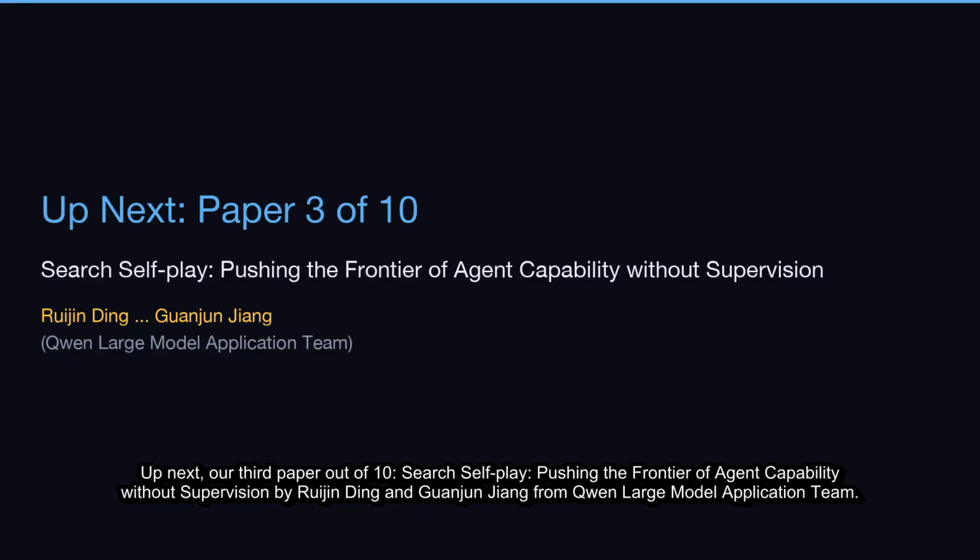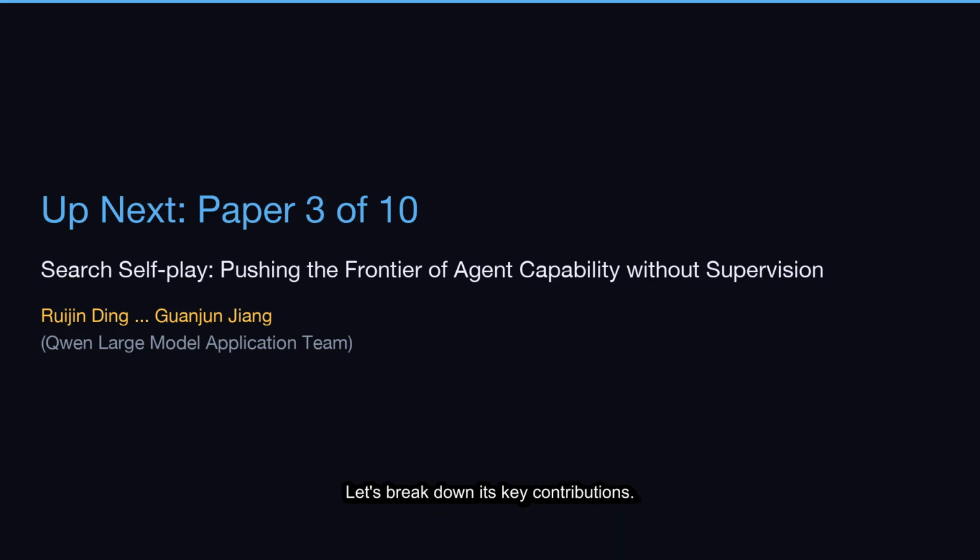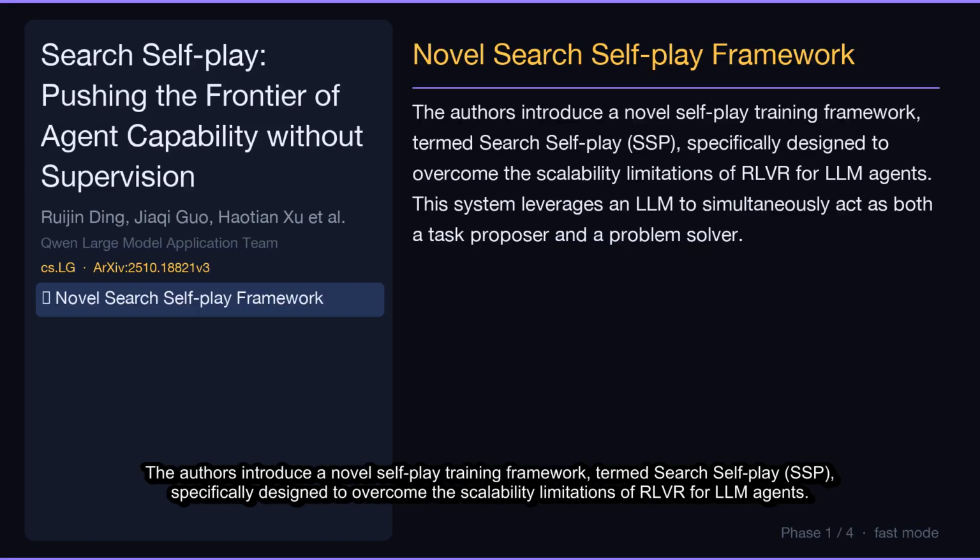Up next, our third paper out of 10, Search Self-Play, pushing the frontier of agent capability without supervision by Ruijin Ding and Guanjun Jiang from Qwen Large Model Application Team. Let's break down its key contributions. The authors introduce a novel self-play training framework, termed Search Self-Play, SSP, specifically designed to overcome the scalability limitations of